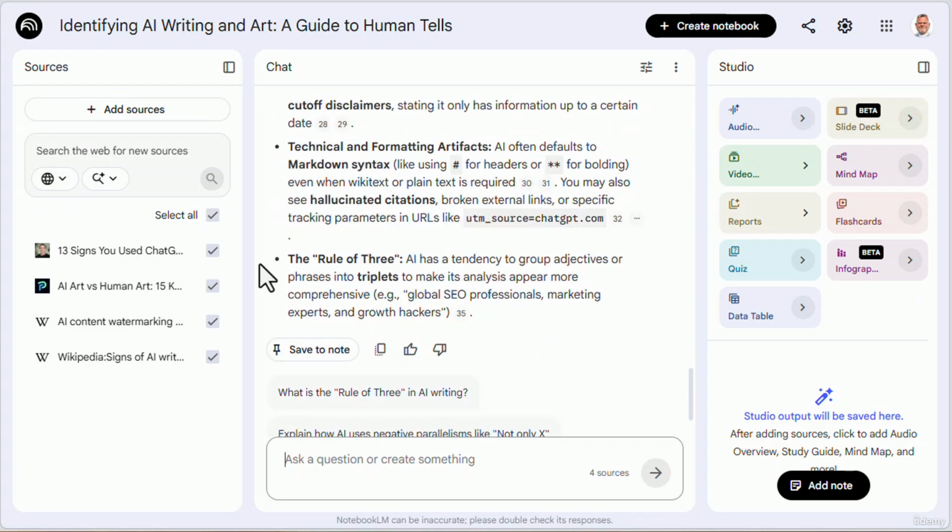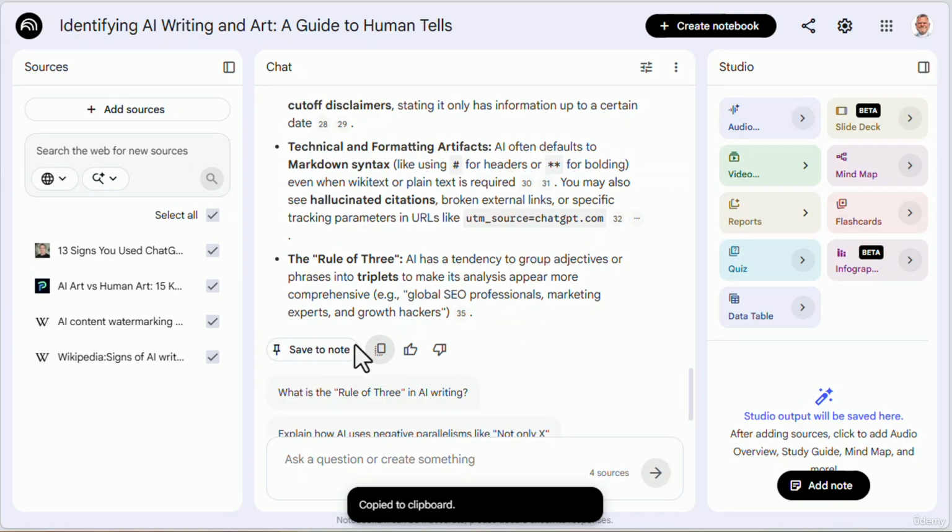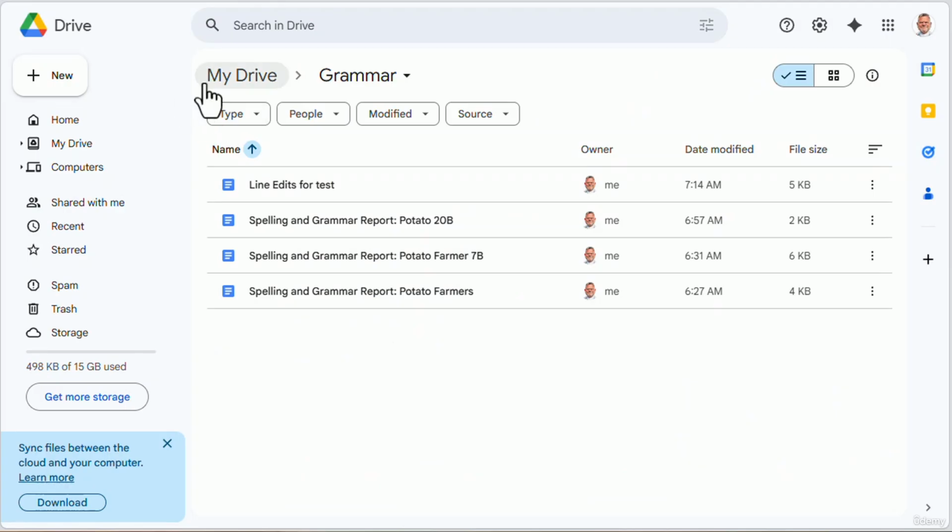Rule of 3, this is one that you get very used to reading AI. AI has a tendency to group adjectives or phrases into triplets to make its analysis appear more comprehensive. All right, I'm going to just copy all that,